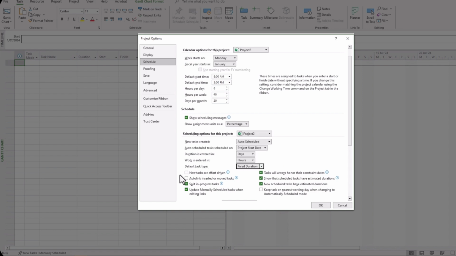And it's also important to ensure that new tasks being effort driven is left unchecked, because effort driven and fixed units, and also the other option there, fixed work, it can have a tendency to make adjustments that you might not be pleased with. For example, you might have a particular resource assigned to a task.